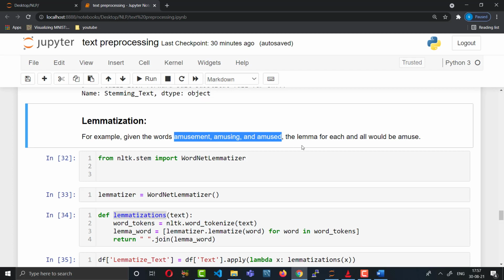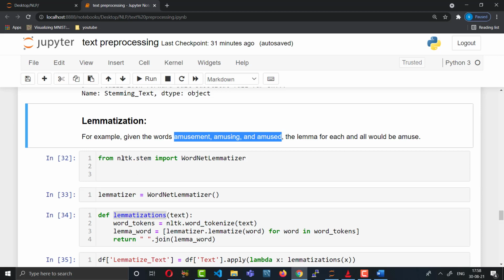If we implement lemmatization on these three words, the lemma for each would be amuse. One thing is that lemmatization takes a lot more time compared to stemming, because it tries to convert each word to its root word or dictionary word. So that's why it takes a lot of time.